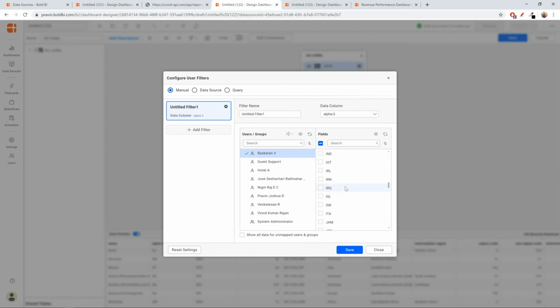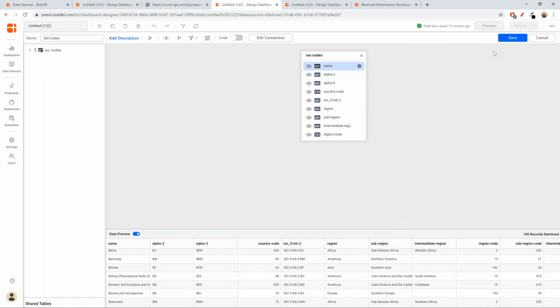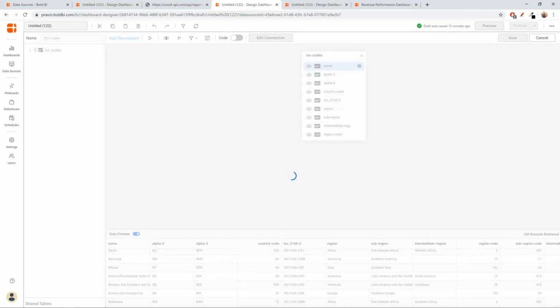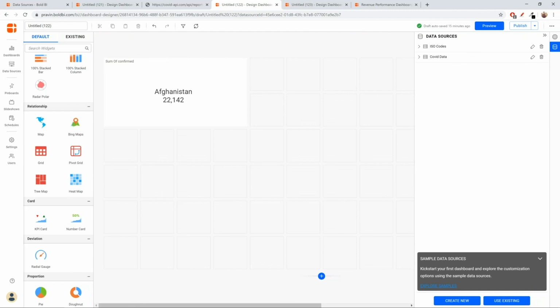Okay. So the first person, Bhaskaran here, is going to access only these set of values that I have selected, and he'll not have access to other values in the parameters. Okay. So I'll just save this. And for each user, you can manually assign, or if you have a permission schema in a data source, you can also dynamically get the permission schema from the data source without having to manually assign the permissions.